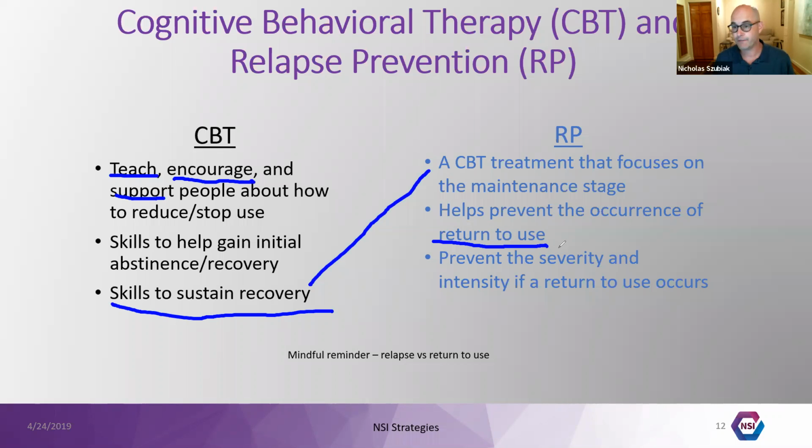failure. And in fact, we've shifted away from that and really talk about relapse now as an opportunity for saying, okay, well, what do we need to add in? What's another life preserver that we need to add in? And then relapse prevention, it prevents the severity and intensity if that return to use occurs. And so if someone does return to use, can we reduce the impact that that has on that person, that person's family, and overall our community?